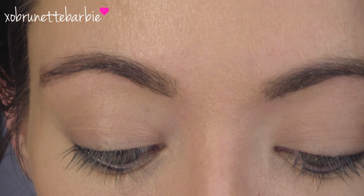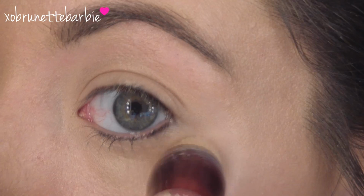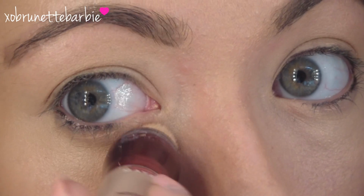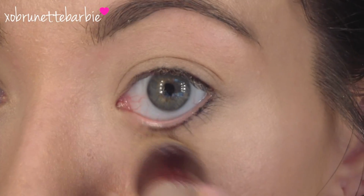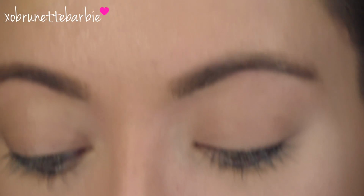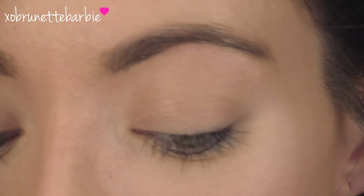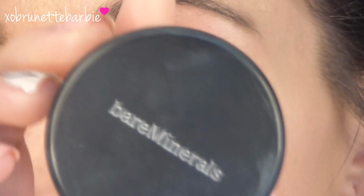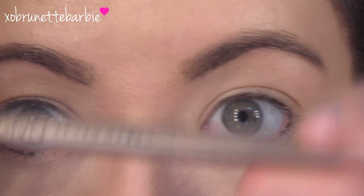This one is in Fair Clair. I'm just gonna twist it twice, and I'm just going to place it right underneath, kind of focusing it in right there again. And I'm going to pat that. And as you can see, it's not too much lighter than my foundation, but I really like it to brighten up my eye area. And then using my Bareminerals Well Rested and my Naked 2